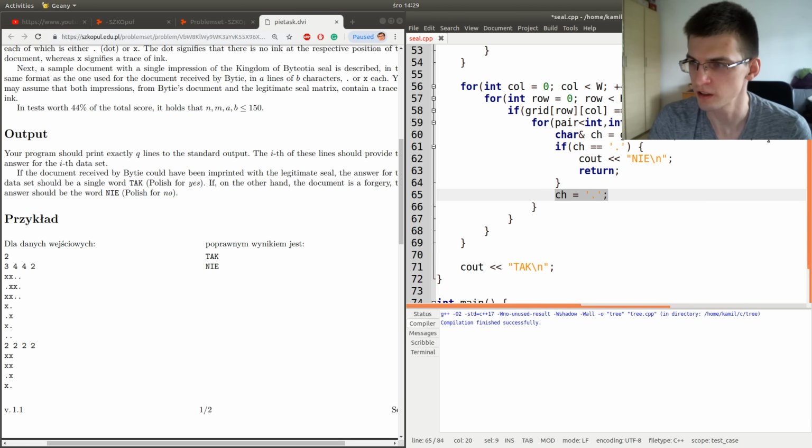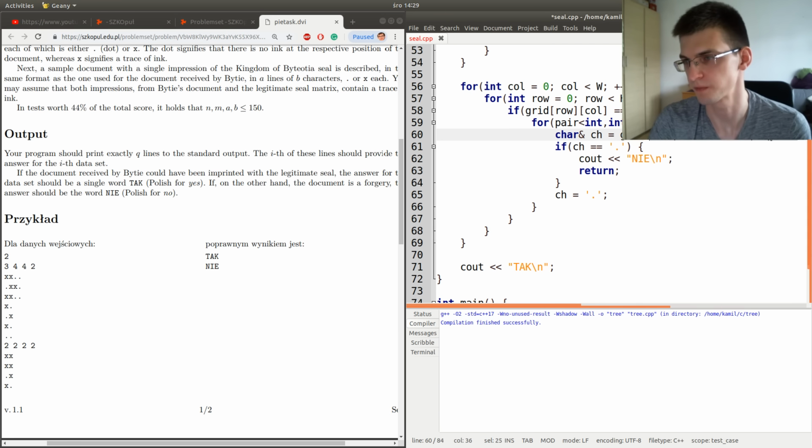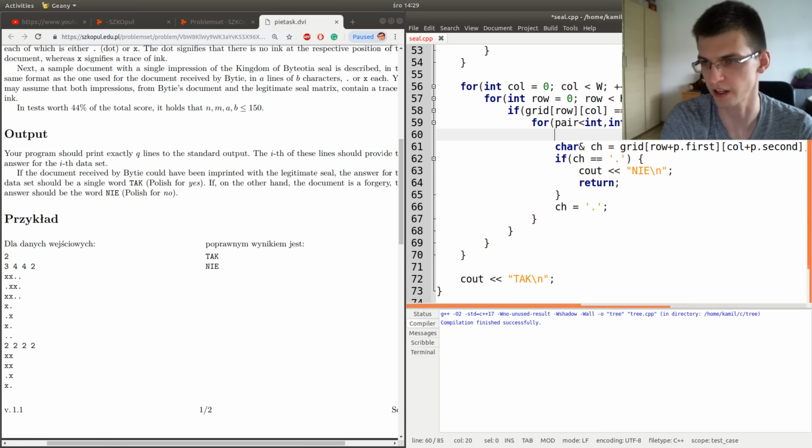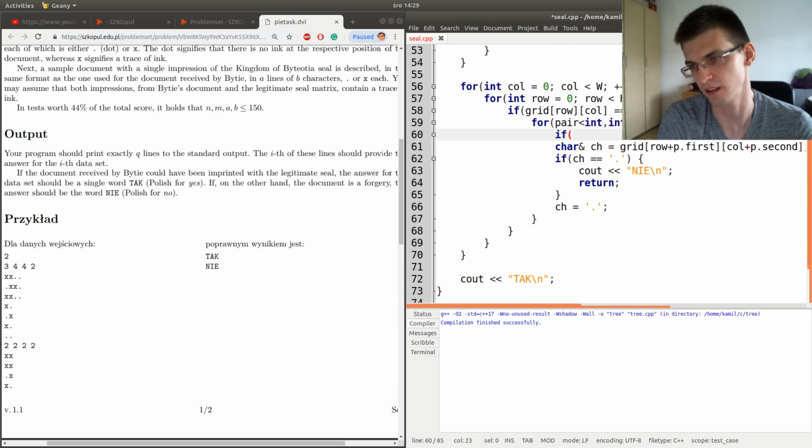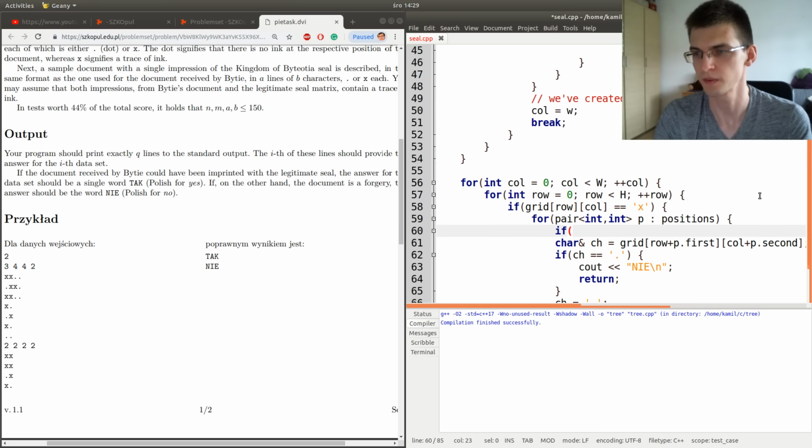But also, this cell might be out of boundaries. So we must also check, let's say, I don't want to print many ifs here, because it will make this place harder to read.